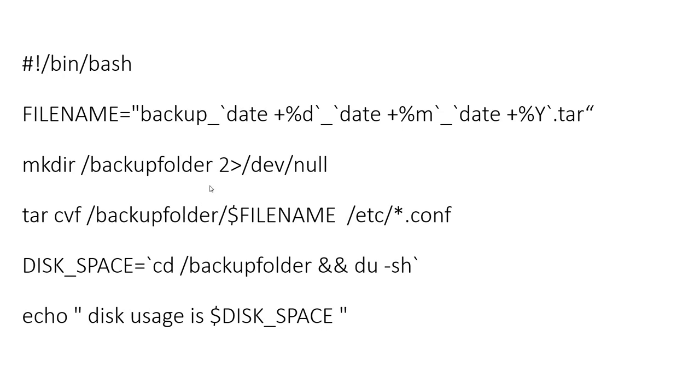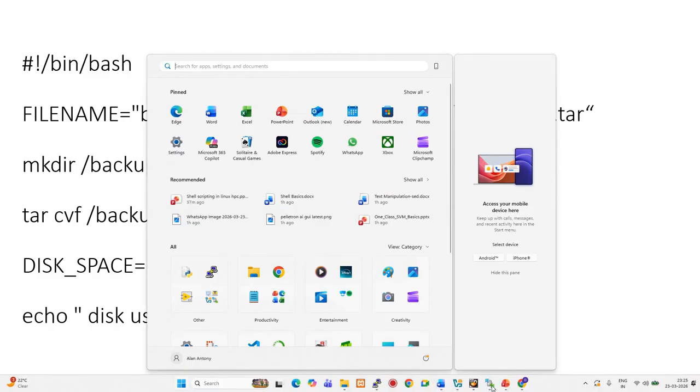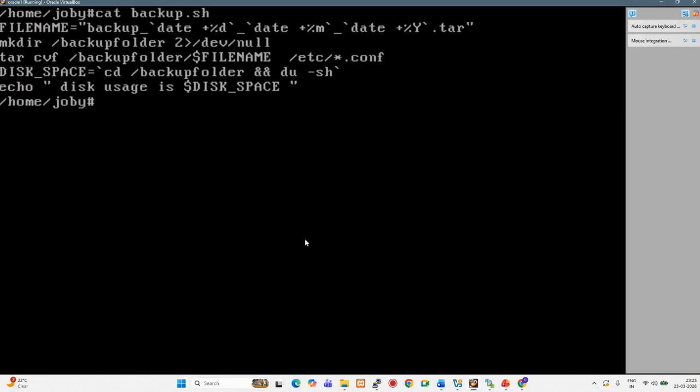So it is going to create, as I said, it is going to create a backup folder /backup folder into which all the everyday's file will be stored, tarred. So I will explain each and every line in this, how it is going to work. Before that, let me go into the Linux machine, and this is the program setting and it is called